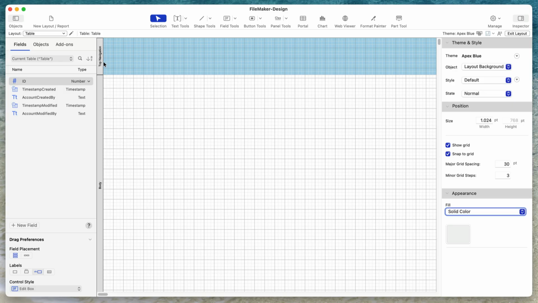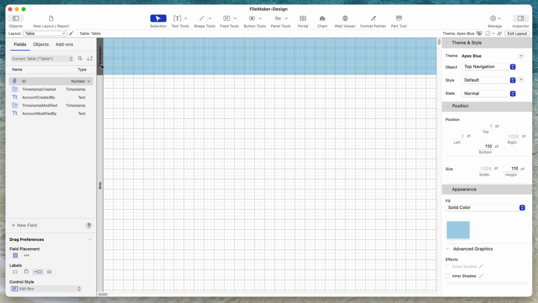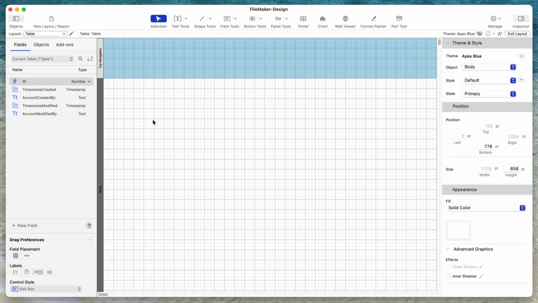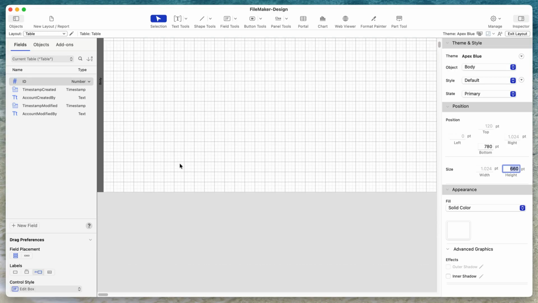Now let's first click on the top navigation here. And if we click on it, then the position will be blended in, and it's 110 points in height. And that is not on the grid size. So it's not a multiple of the 30-point grid. So I'll change that to 120. And if I do so, I see that the upper part is neatly linked to the grid I set already. And I can do this with any part of the layout by clicking it on the left side. And then I can change this to, let's say, 660, which always is a multiple of the 30 I started with.